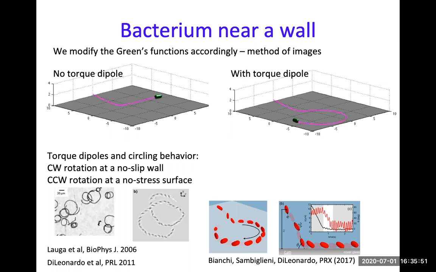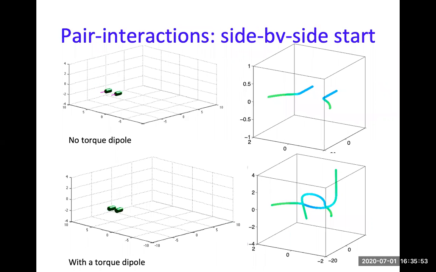Right? So this is a new model, and what's different with this model is the pair interactions, right? So far, we've been using the fact that two swimmers, two pushers, as I mentioned before, come together, they collide and co-swim. But if you add this torque dipole, they don't co-swim and stay in a plane. They actually roll over one another and then continue to move out of plane. So the pair interaction is non-trivial. It's not just an aligning interaction.